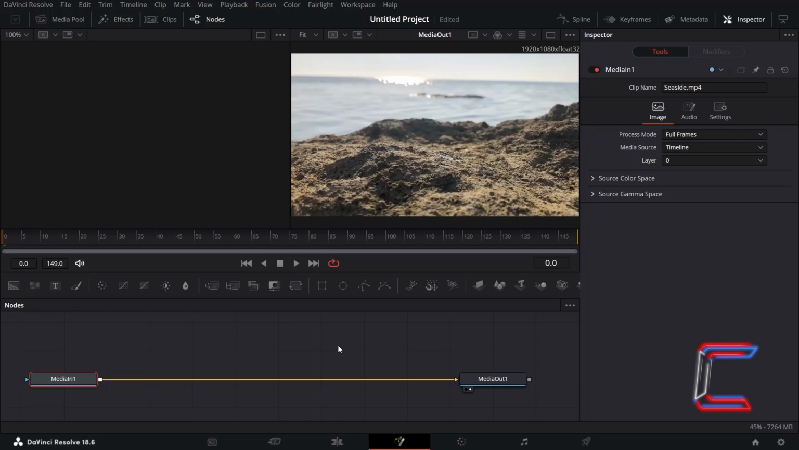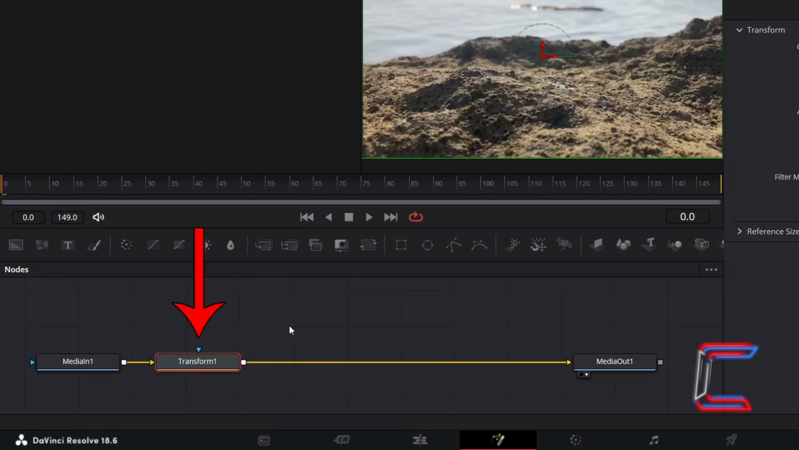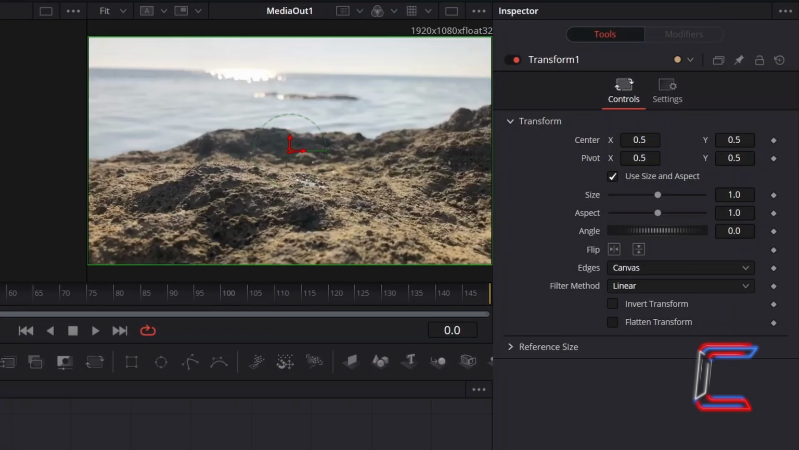Inside the Node section in Fusion, I will make sure that Media in 1 is selected, and I will go to insert a transform node from the options above the nodes grid. This node should be automatically connected between Media in 1 and Media out 1. With transform selected and the frame pointer of my Fusion timeline at the first frame 0 at the start of my video clip, I will go to Inspector and Controls and will select the keyframe diamond icon next to size,